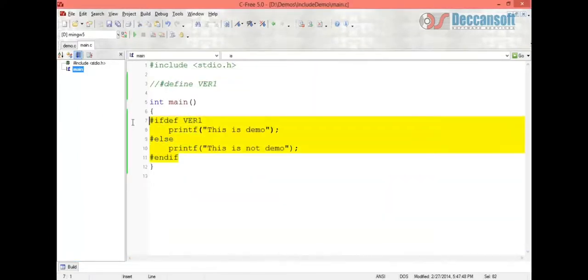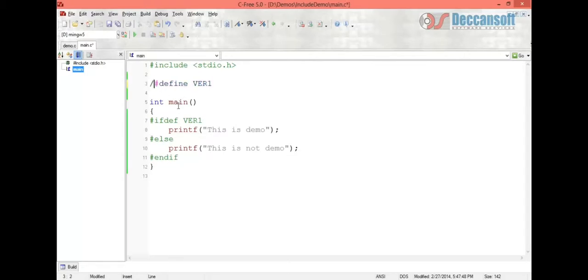Again we will have to replace #ifdef with a version check. We will not only write version 1, we will increase its value by writing version 1, version 2 and version 3.